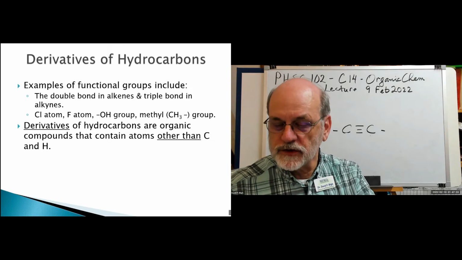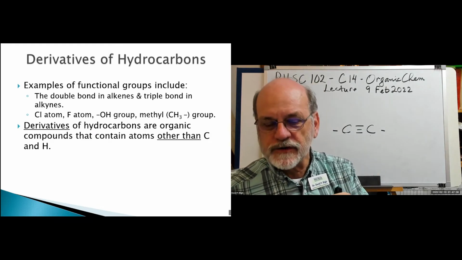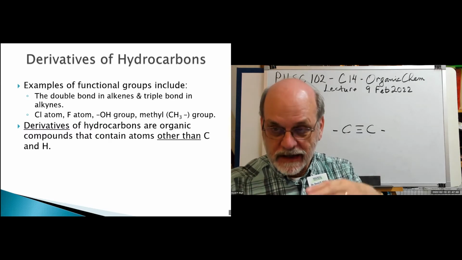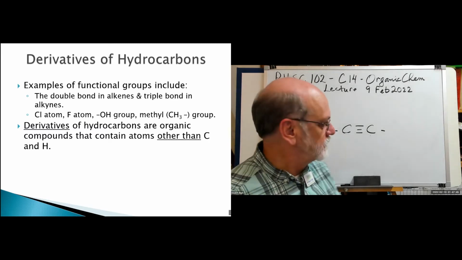So if you substitute a halogen for a hydrogen, that's a derivative. Or if you substitute a nitrogen for a carbon in the structure, then that's a derivative. For instance,